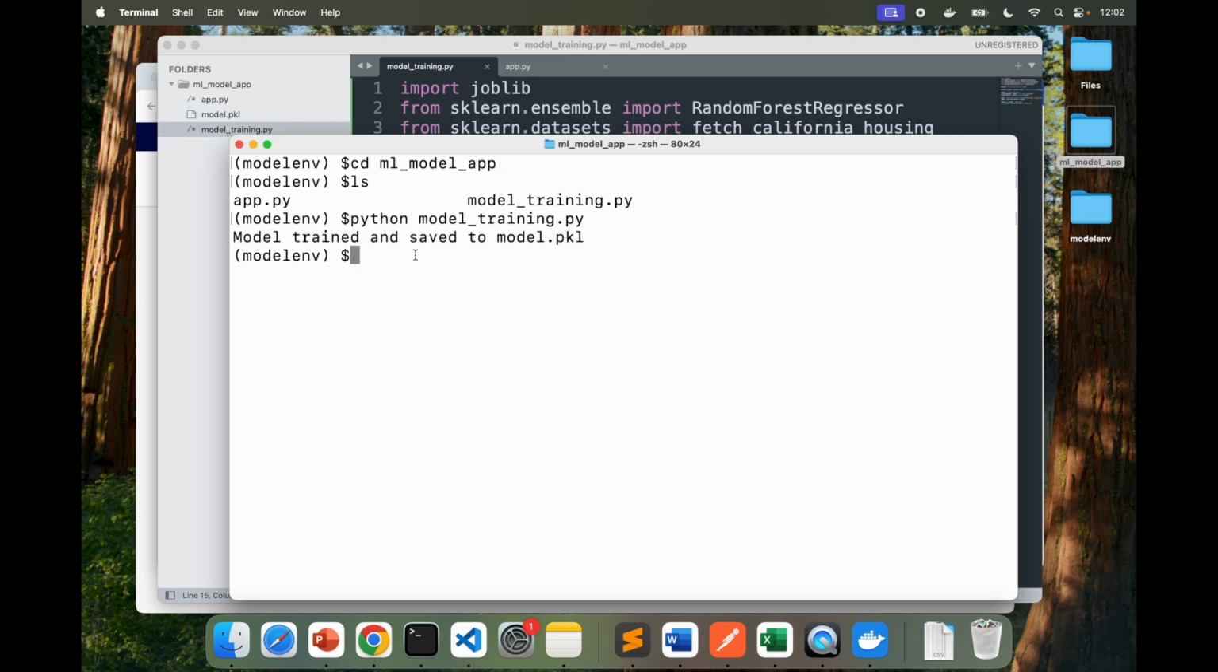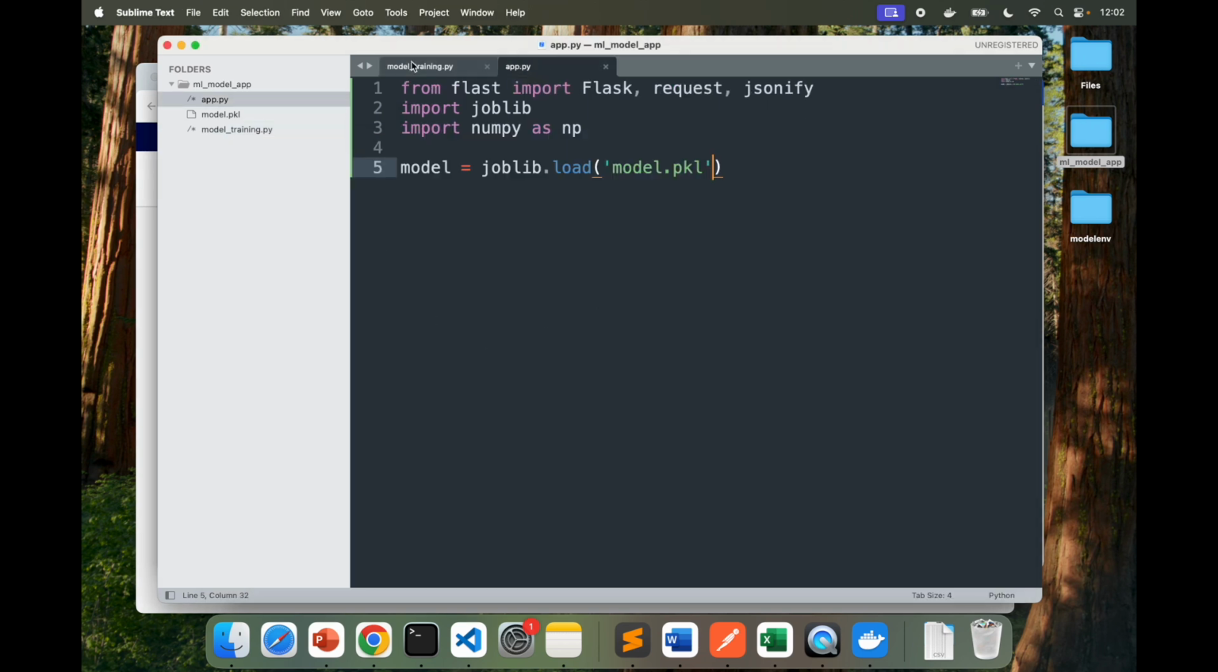Okay, it completed because I see the message that the model is trained and saved to model. I can ls it and I see that the model pickle file is ready. So this completes our model training. Now the next step, which will load that particular model, is to initialize the